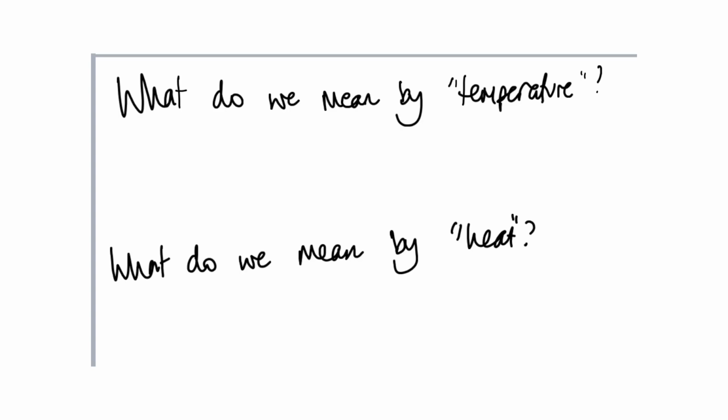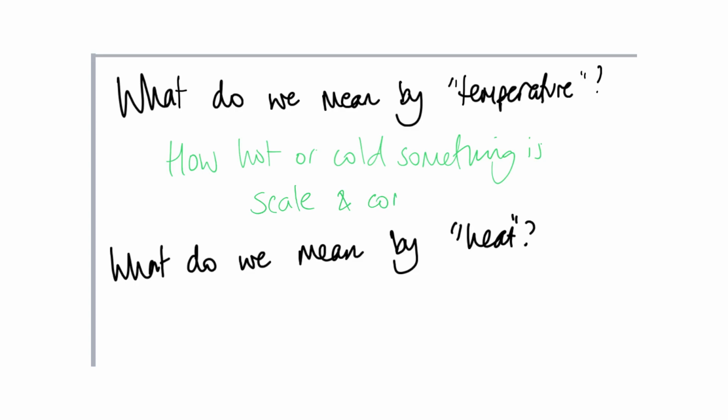So hopefully you've given that a go, and let's go through the answers. So what do we mean by temperature? Well, it's how hot or cold something is. So the hotter the object is, the higher its temperature will be. And we will use some kind of thermometer to measure the temperature of something that's on a fixed scale, so 0 to 100 if it's Celsius, and then we can have a comparison between 2 objects. But heat, that's how much energy is involved. So normally for temperature, we will use degrees C, or in a minute Kelvin, and energy is all about joules